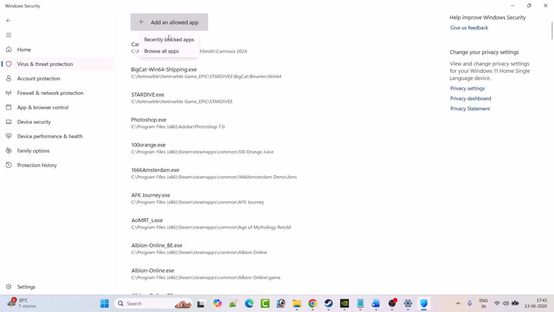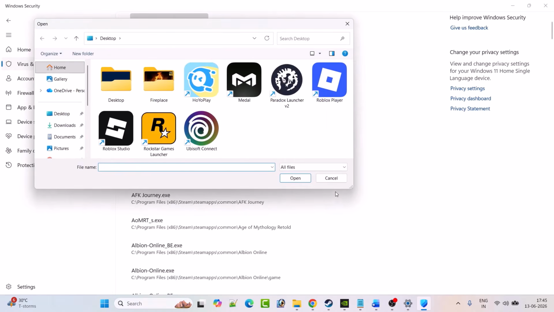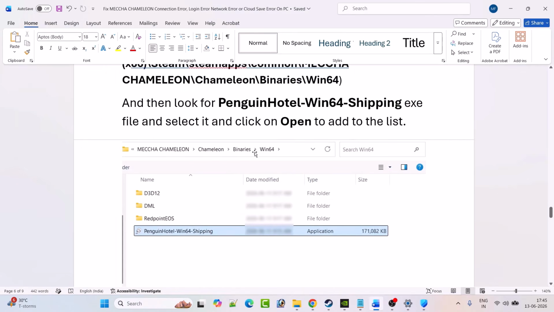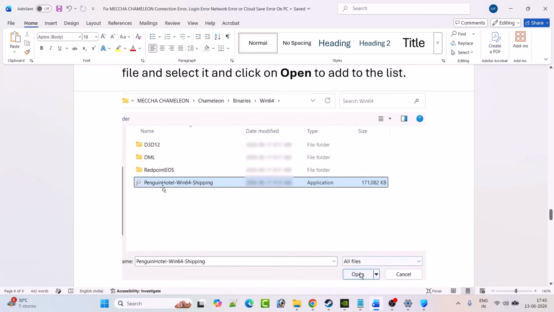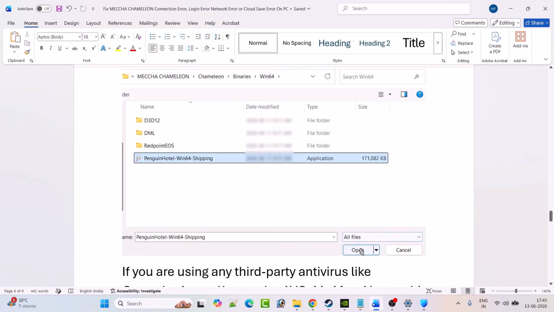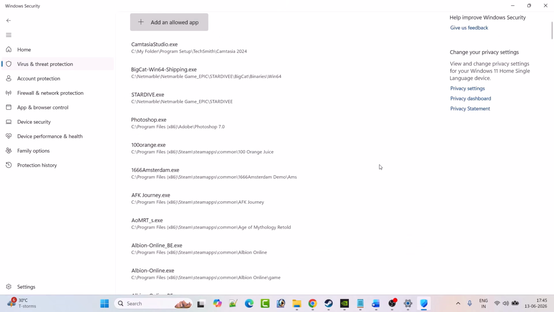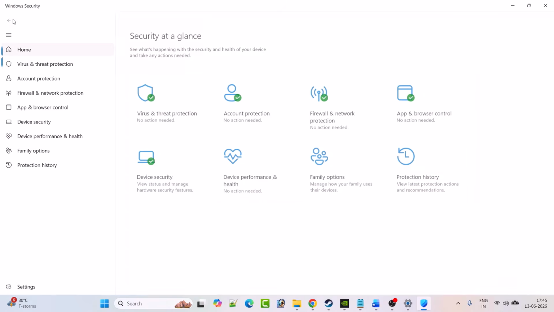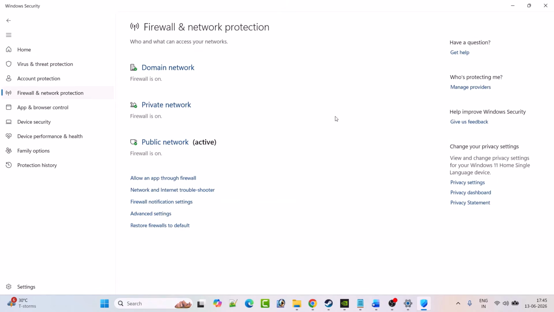Again click on add an allowed app, browse all apps, and this time open Chameleon folder, binaries folder, Win64 folder, select Penguin Hotel Win64 shipping exe file and then click on open to add it to the list. After adding both the exe files to the list, go back, then click on firewall and network protection,